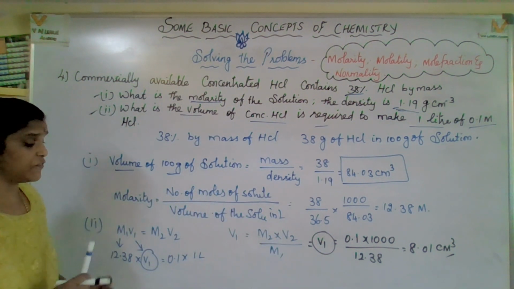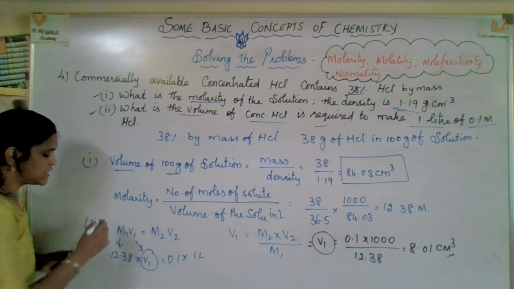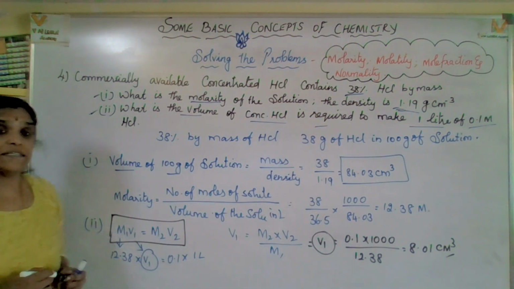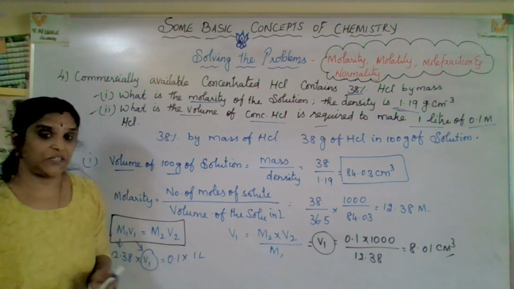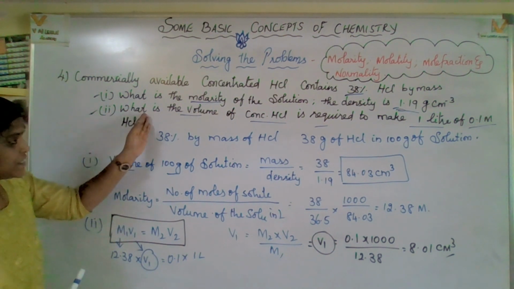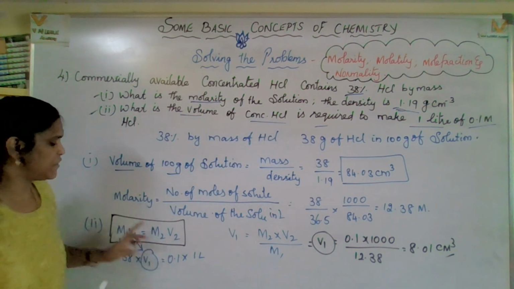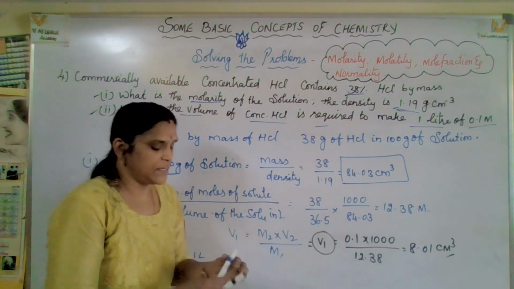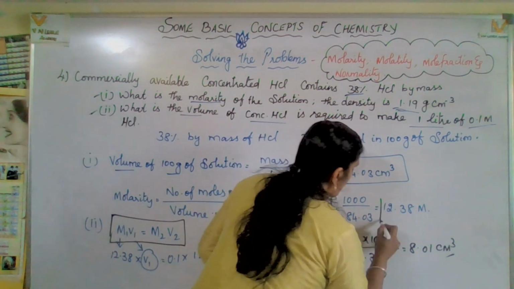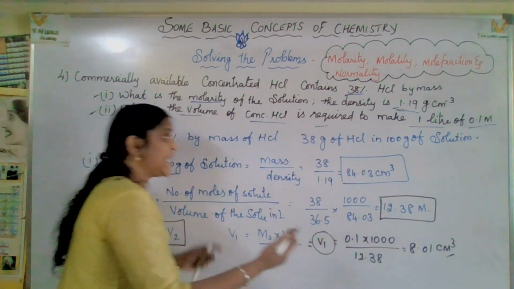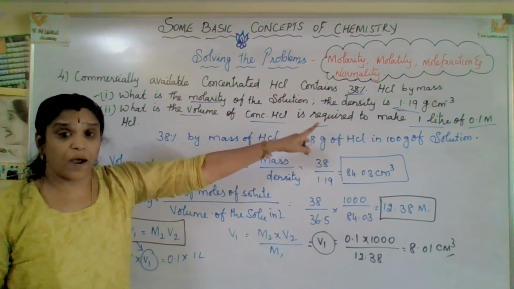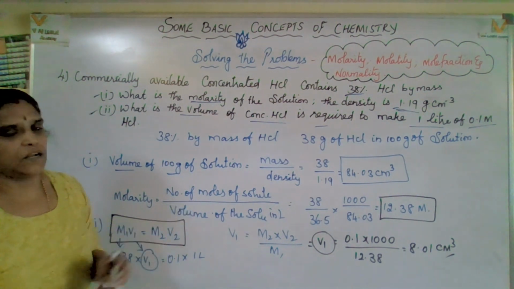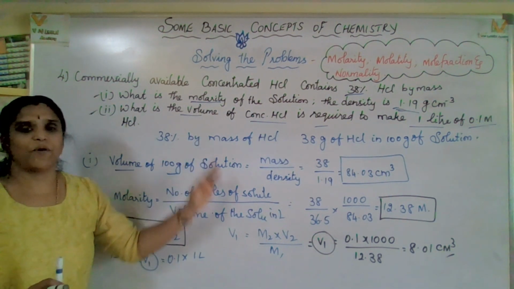So for such kind of question, you have to use this formula, that is M1V1 is equal to M2V2, right? So this is the first one, and then that is the second one. First one, what we received here is a molarity of 1, and in that you are diluting, adding 1 liter. So that means, what is the molarity? That is that one. I hope you got a clear idea about this question.